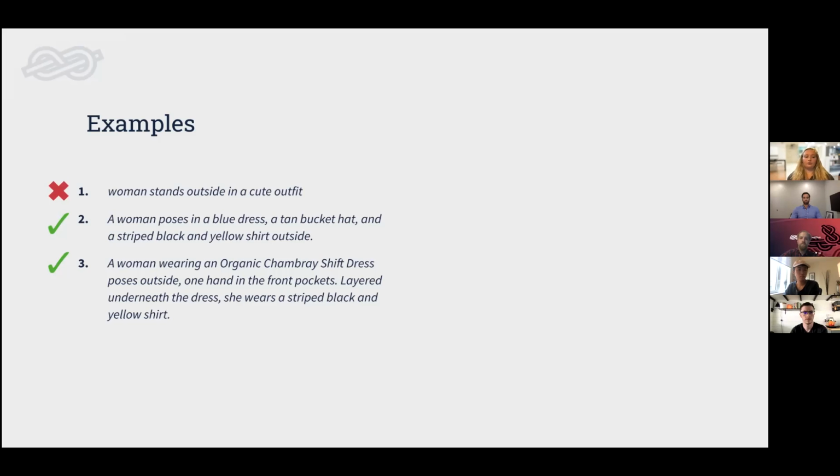So for option number 2, it goes into what the woman is wearing, and where she is. She's outside. So we get a very general idea of what this image could look like. But number 3 is really key for any e-commerce brand. Here it specifies that she is wearing an organic chambray shift dress. That's a specific product for the company. And then how the dress is layered, how she's wearing it, and how a person might be able to see